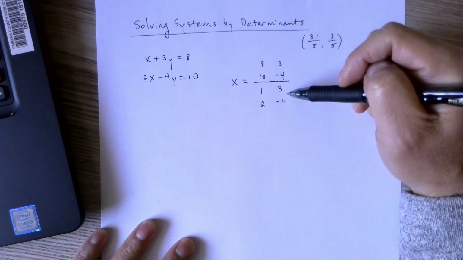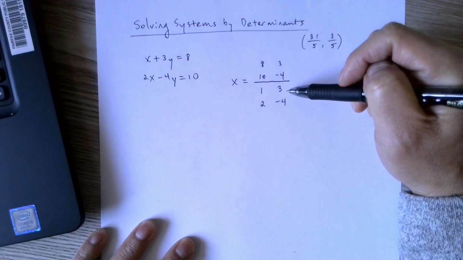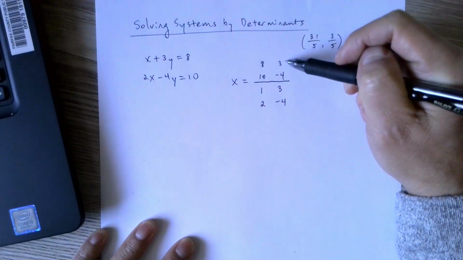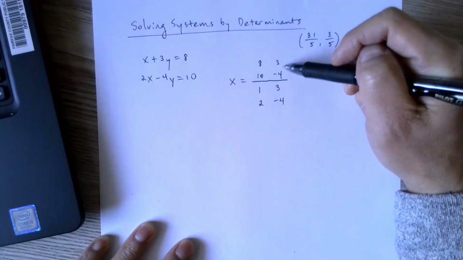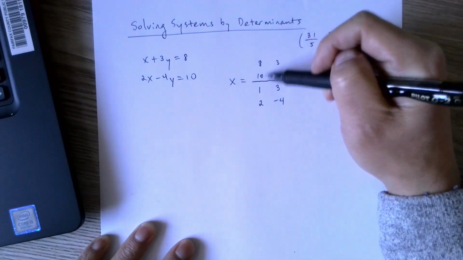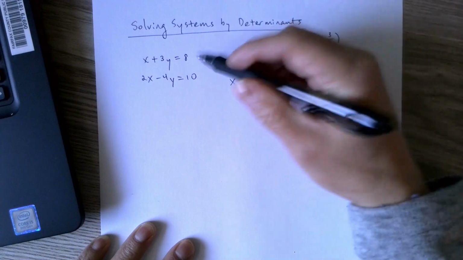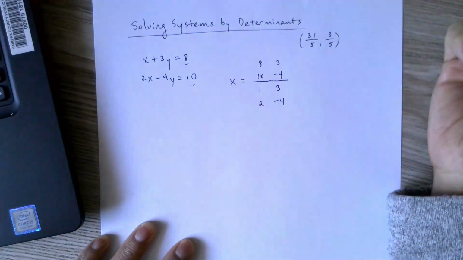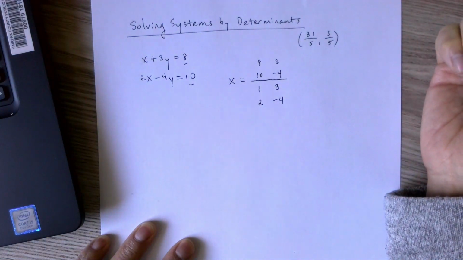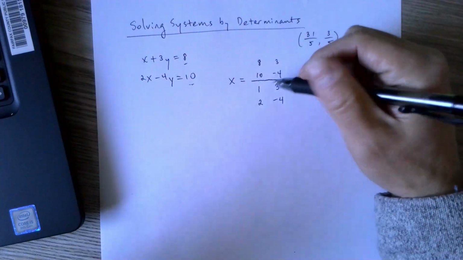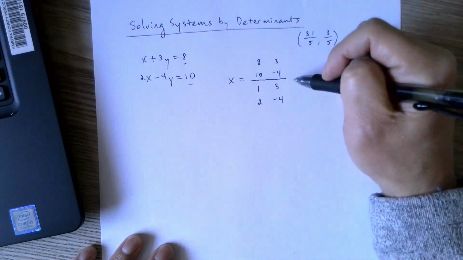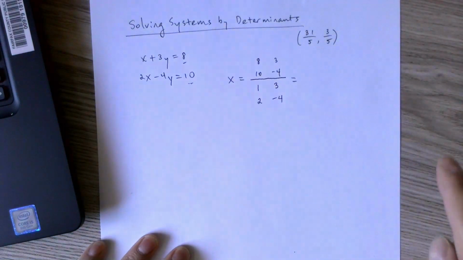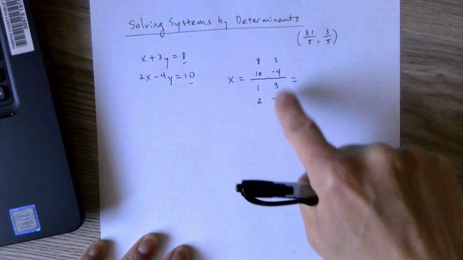Now, why those 4 numbers? First of all, I've simply copied down the 3 and the -4 from here up here. So that was just a simple copy. The 8 and the 10 come from here and here. That's where the 8 and the 10 came from. How you remember where to put the 8 and the 10, I'll talk about that a little later. So once my 8 numbers are down, 4 on the top, 4 on the bottom,